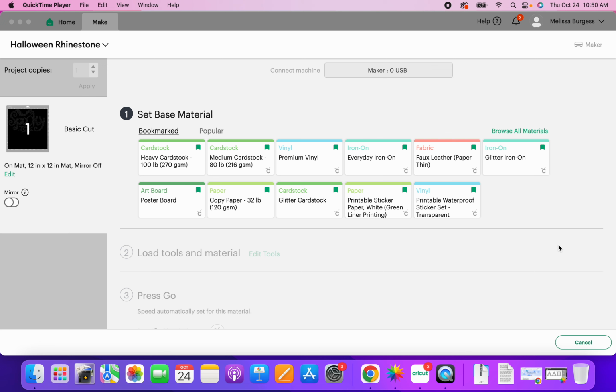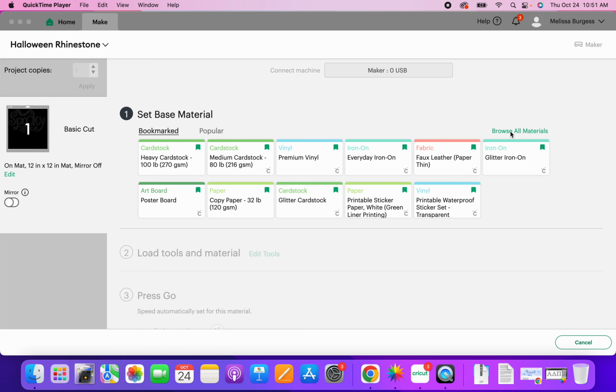Recently had a workshop, and it was a rhinestone workshop where we used rocket flock, and in our materials we did not have the right setting for that rocket flock. So this is how you would add your own setting. You'd have to play with it, you'd have to figure out what the setting is, but once you